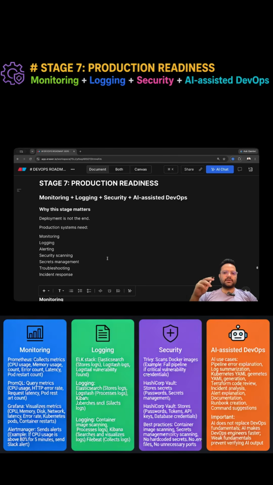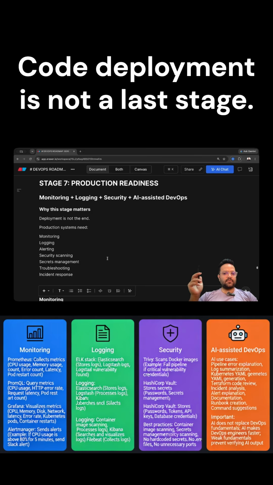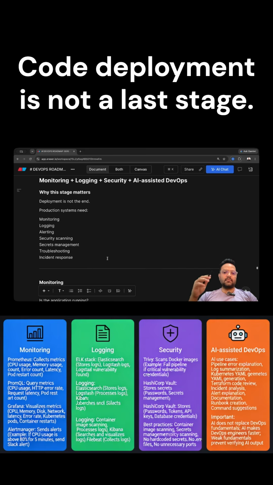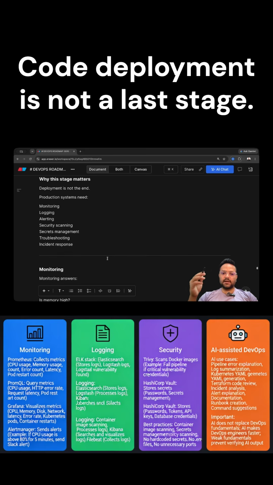Next stage is production readiness. It includes monitoring, logging, security and AI assisted DevOps. कोड डिप्लॉय करना लास्ट स्टेज नहीं है बिकॉज डेवलपमेंट और प्रोडक्शन नीड monitoring, logging, alerting, security scanning, secret managing and